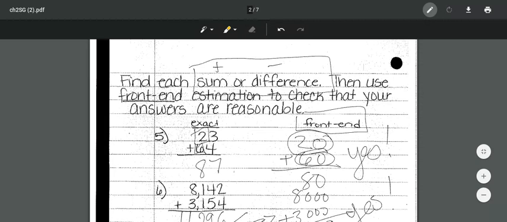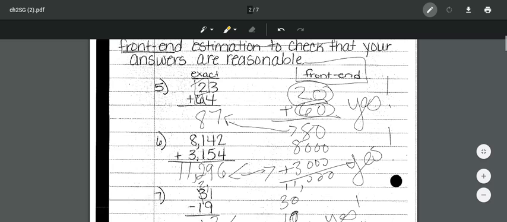So 23 plus 64 is 87. If I'm going to estimate using front-end estimation, it's 20 plus 60, which gives me 80. So if I look, is that reasonable? Yes. Same thing here,